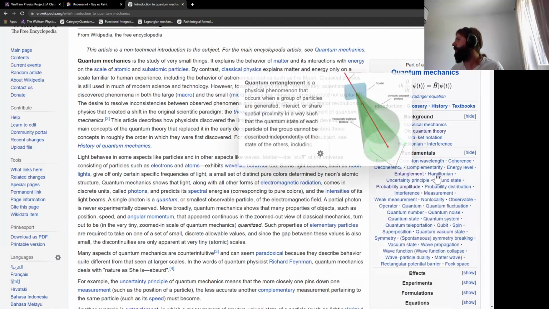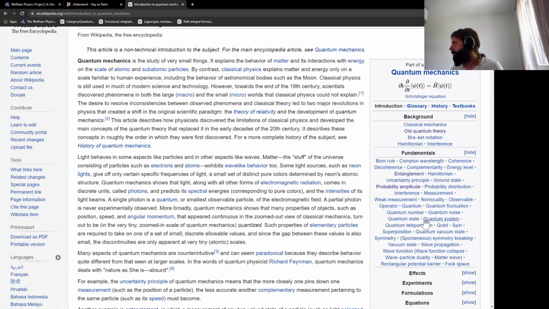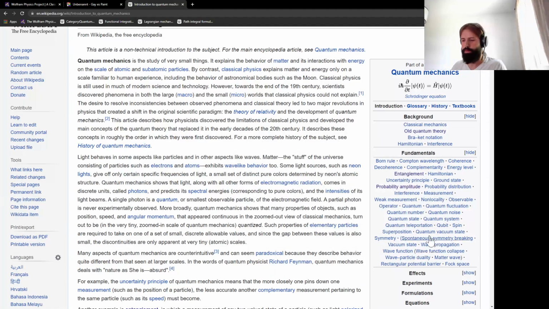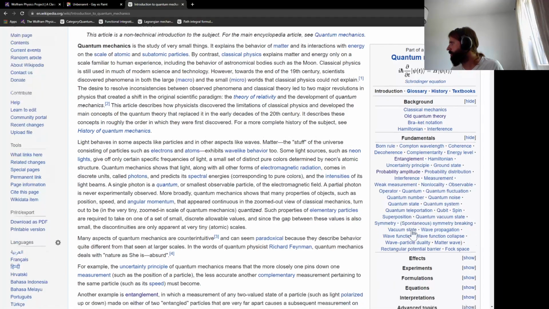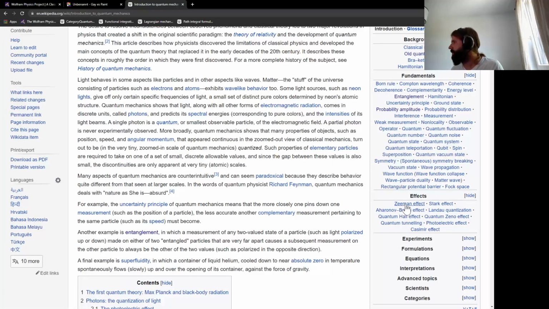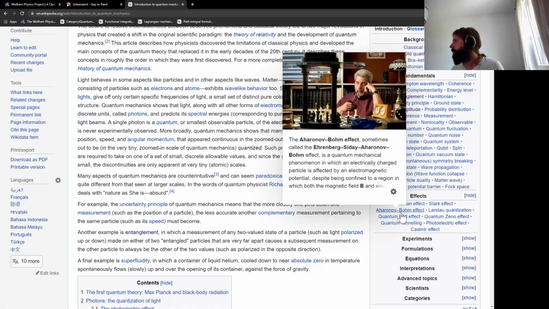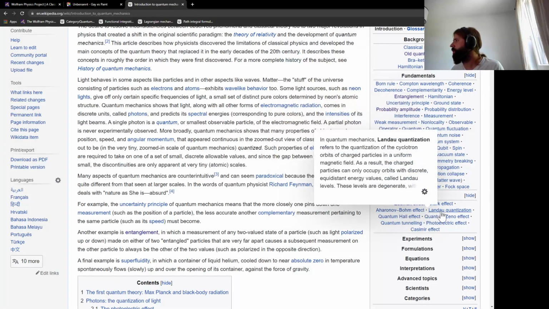energy level, entanglement, Hamiltonian. The problem I have with this is there's a lot of different isolated topics, and they just feel too scattered. Qubit, spin, superpositions, just fundamentals. Then effects: Zeeman effect, Stark effect, Aharonov-Bohm effect, Landau quantization,